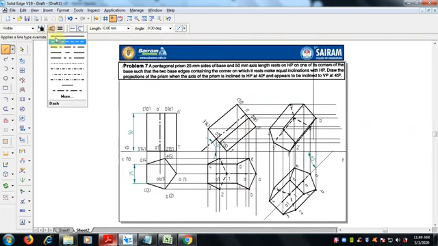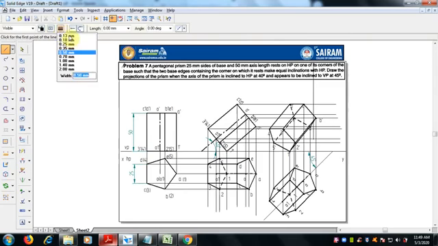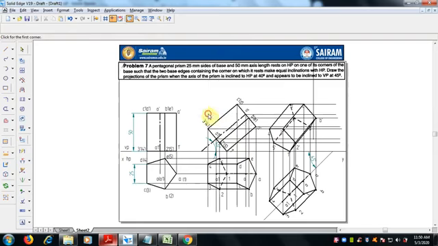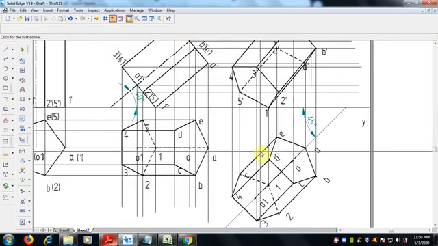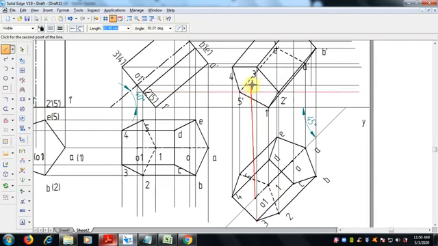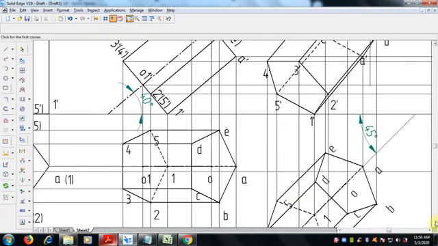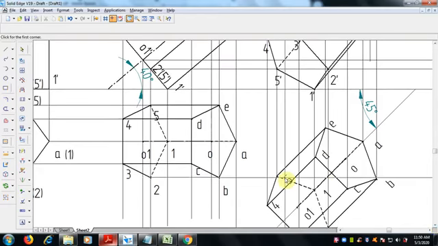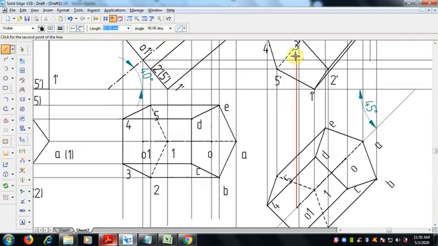Select line, thin line, select 0.13 mm thickness, where this is the edge point, the end of the line, and join straight. So this is the end line and it should be like this.